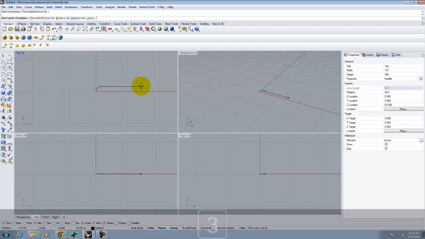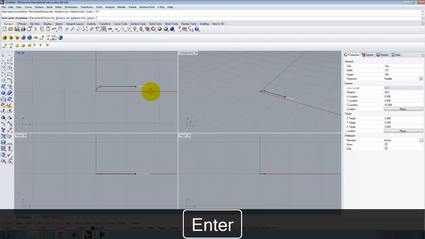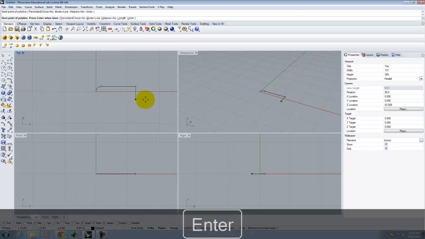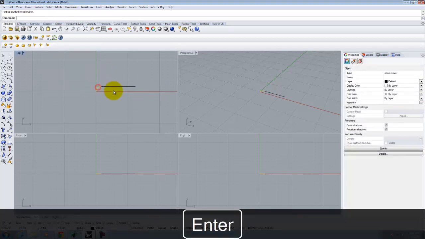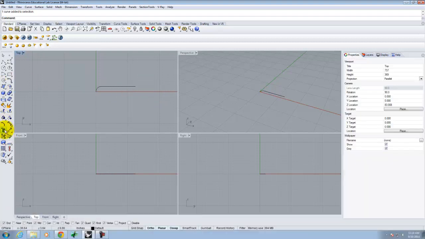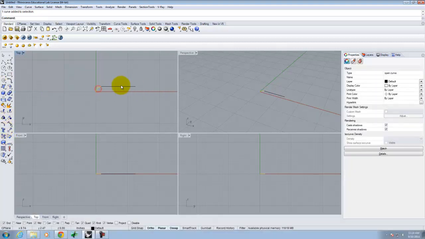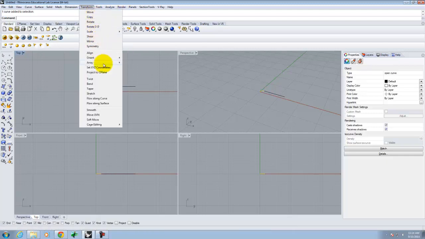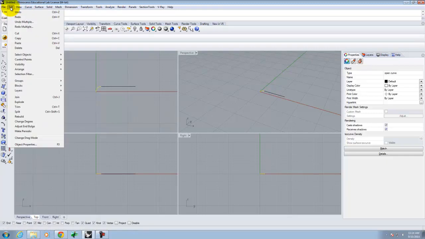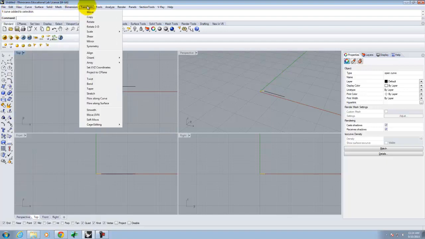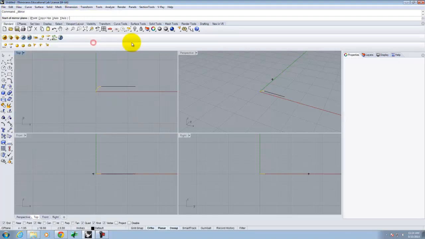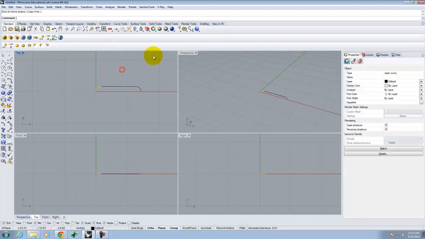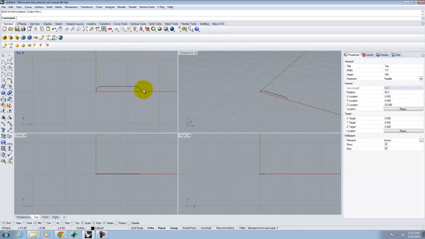I'm going to continue with the polyline. I think I said 13 inches in that direction. And now once again I want to do an arc at the end. So I could just mirror this, or I could draw the arc again. It really doesn't matter. I'll mirror it for right now. And I can do that going to the transform menu and then mirror, I think, or maybe it's the edit menu. Here's transform. Mirror. I always type mirror. Okay, so now I end up with that shape,